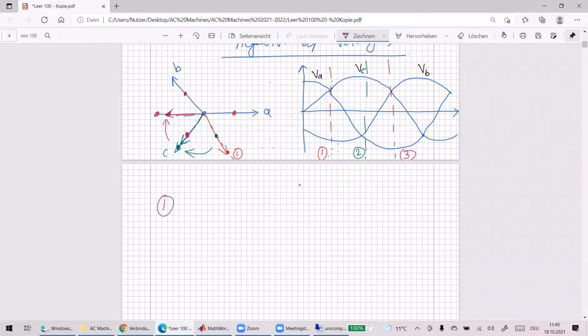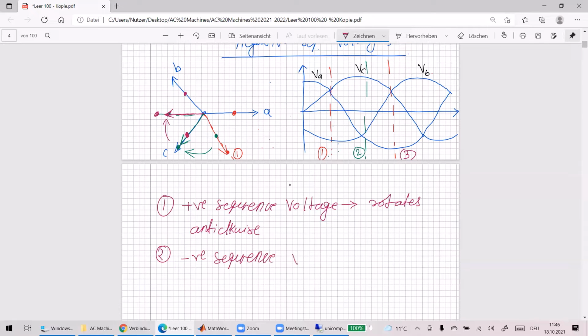Okay, so we can write: positive sequence voltage rotates anti-clockwise, and negative sequence voltage rotates clockwise,